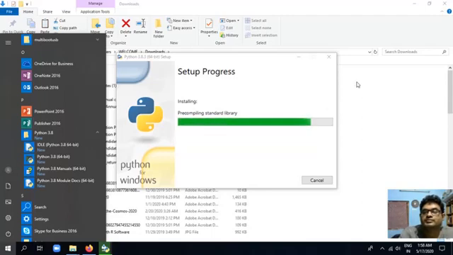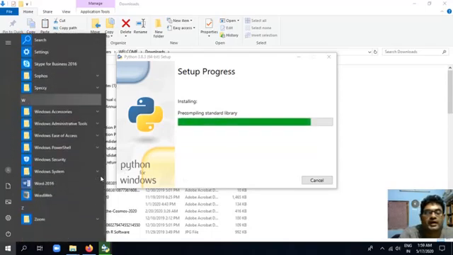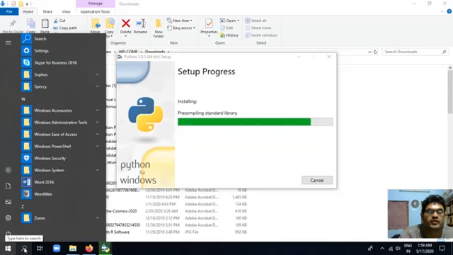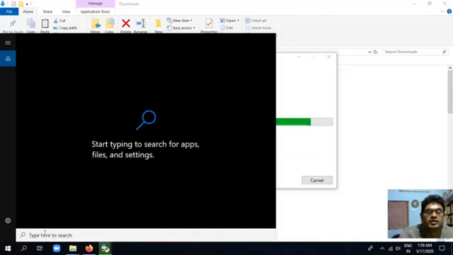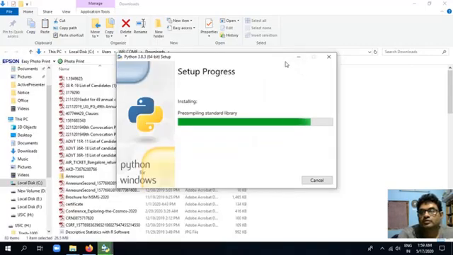Now we see that the launcher is launching and the installation is in progress. We have these things here. Another thing you should remember is that from here you can also open the CMD. Now it is compiling the standard libraries.